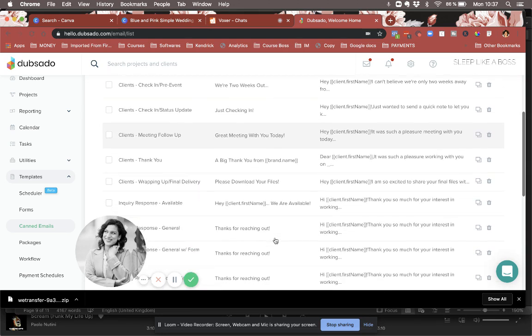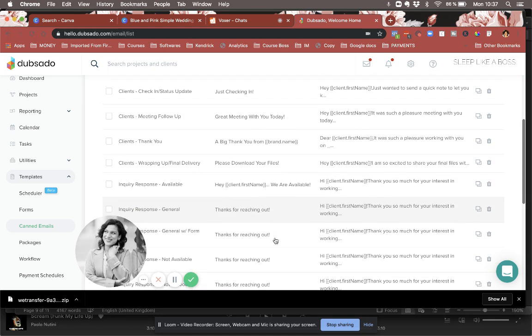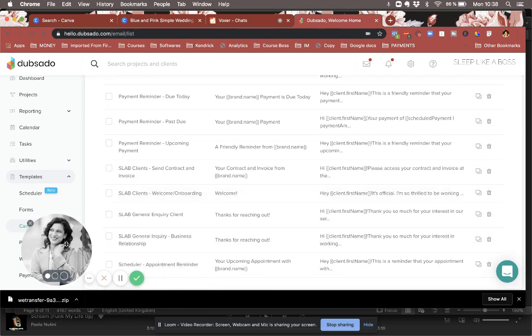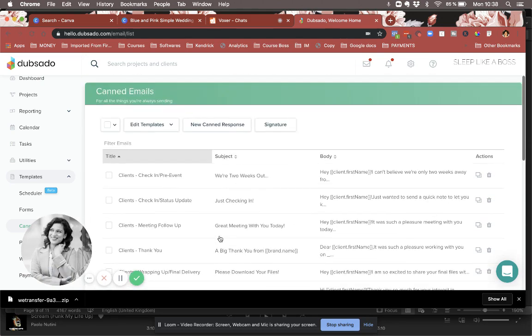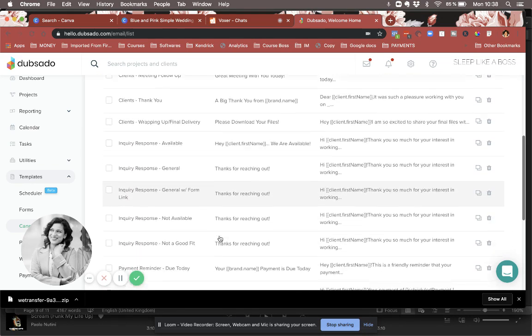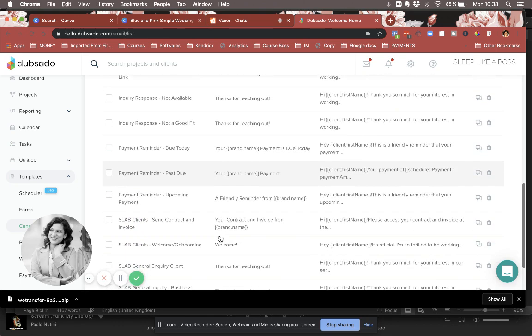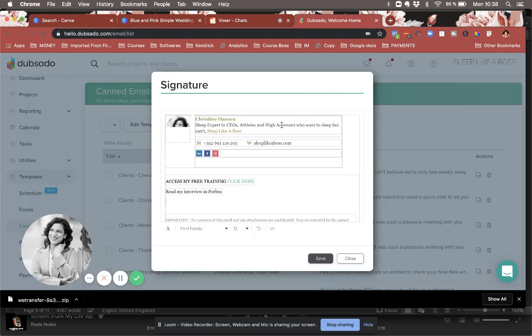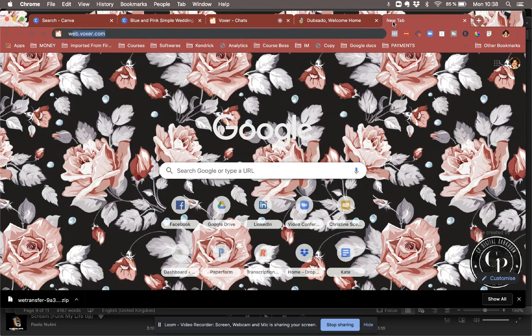And this is a little extra. Let's say I want to send them, let me see. I added a signature to all my emails. If you don't do it, it has just thanks and your regular kind of thing, which I don't really like. So what I added is my signature here, and you can get that through a page that's called